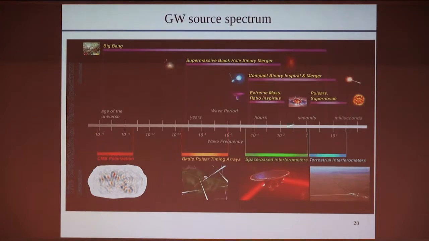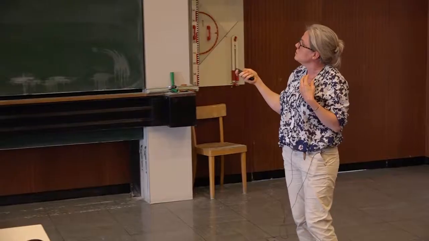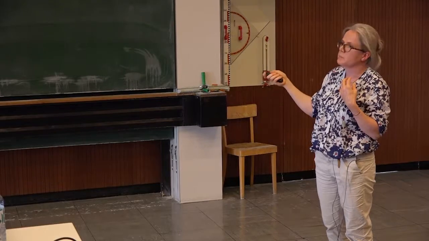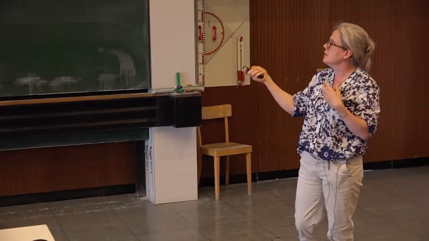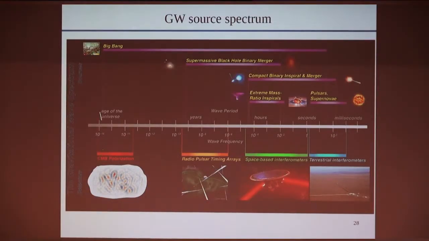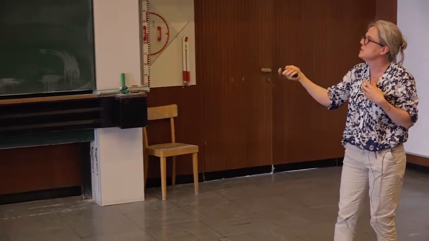So a little bit of word about the spectrum of gravitational waves. Actually it's very wide. I mean, the spectrum goes from very low frequency, 10 to the minus 16 hertz, where you expect gravitational waves, where this is the domain of the primordial gravitational waves emitted during inflation.